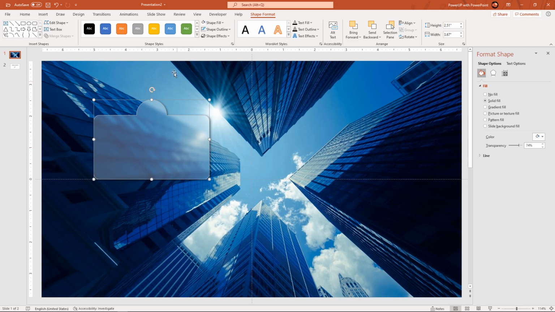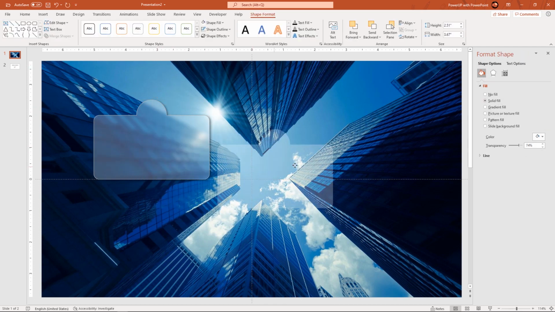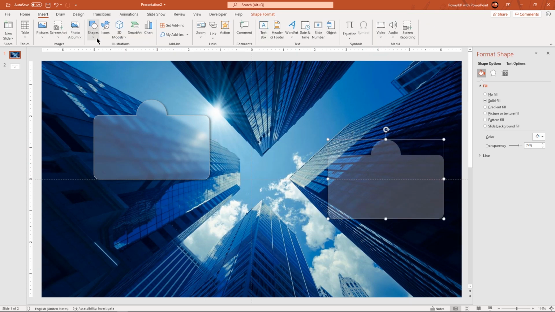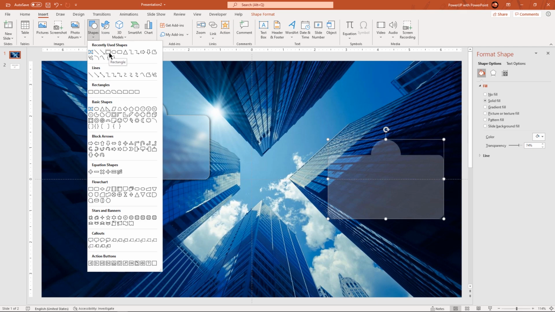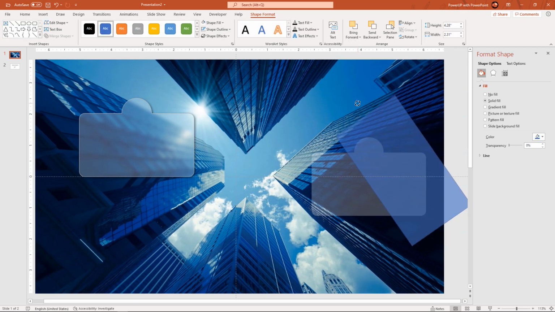That looks perfect. Now let's duplicate this shape one more time and create a half shade out of it. Again draw a rectangle shape over it. Rotate and adjust it as required and then intersect both the shapes.